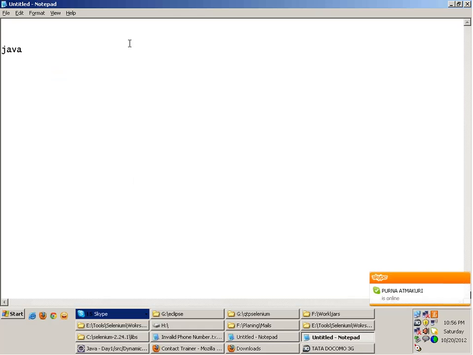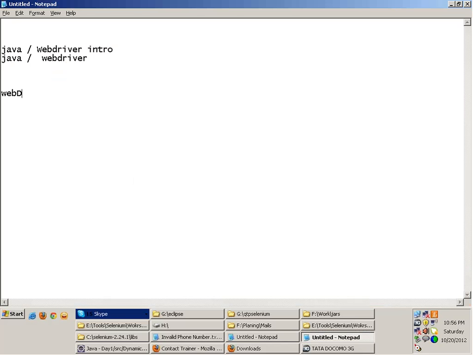In the first week I cover Java and a WebDriver intro. On the second day, I again cover a little bit of Java and WebDriver. In the second week, I cover WebDriver on both Saturday and Sunday. In WebDriver, I'll talk about everything, from basics to advanced concepts like handling mouse movement, menus, frames, web tables, handling elements, bulk extraction of objects, just like descriptive programming in QTP, the WebDriver wait class, all the stuff you can think of.